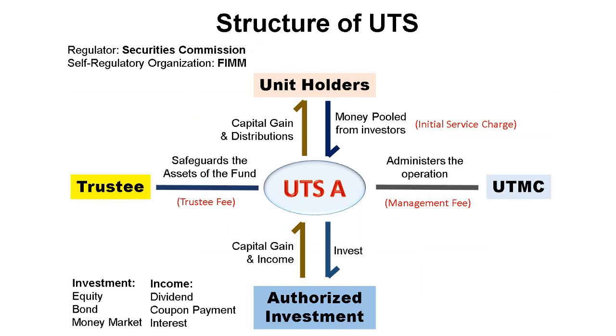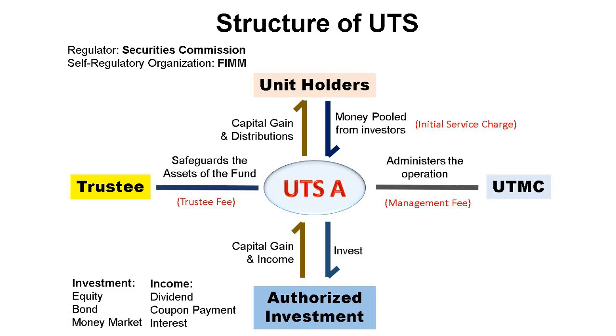UTMC details. What is UTMC? Trustee. This is also another thing about unit trust, where you have a trustee. Trustee means you let that company handle the money. So the money inside the tabung is not under the company or UTMC name. It's under the trustee's name. This is where you trust a third party to hold the money on behalf of the investor, different and separate from the UTMC. So the money is under the trustee's name, but I use the money to buy and sell. You get the idea?